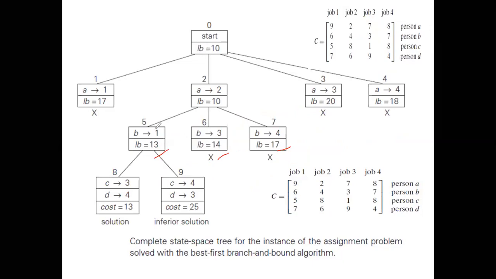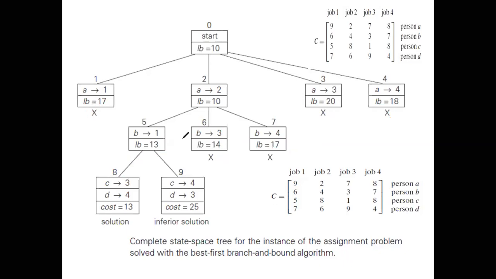Okay, once you have done with this, again you need to branch further, correct? The bound values you got, you need to branch further. How can I branch further? What is the condition here? Check for the best bound, the best feasible solution. Which is the best feasible solution in this example? It is the minimum value. Correct? The minimum value out of 13, 14 and 17 is 13. So you need to branch over here. The other two nodes you can kill. That is why it is represented with this X mark here. Correct? This is clear? Fine.